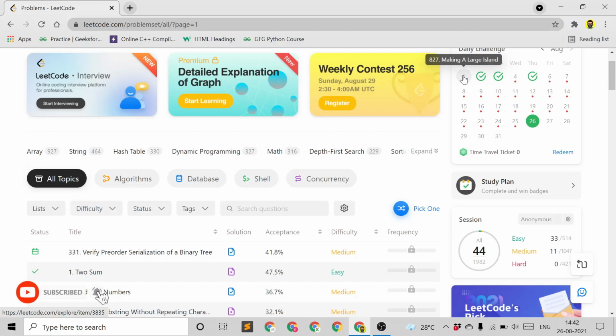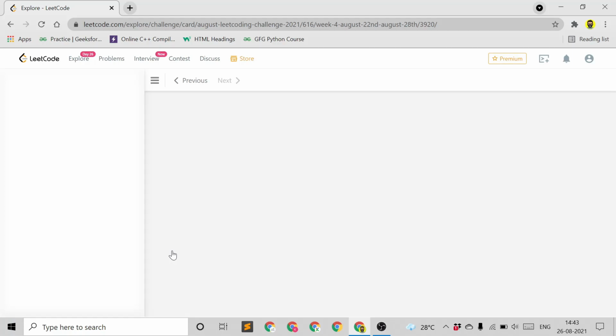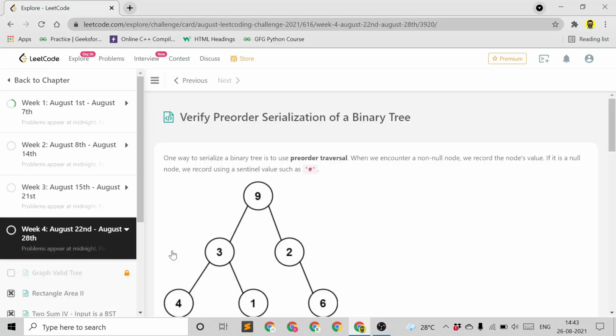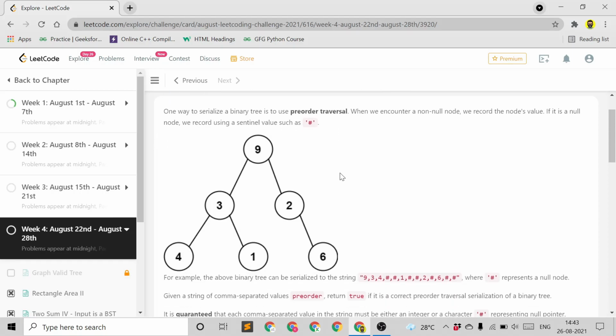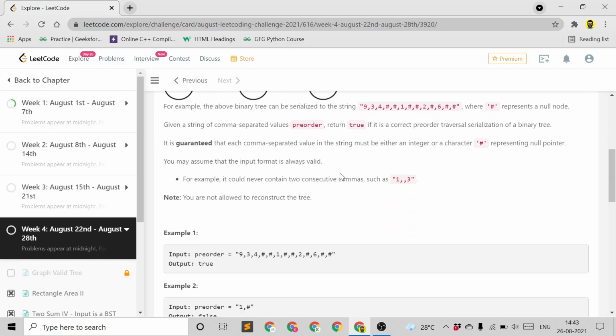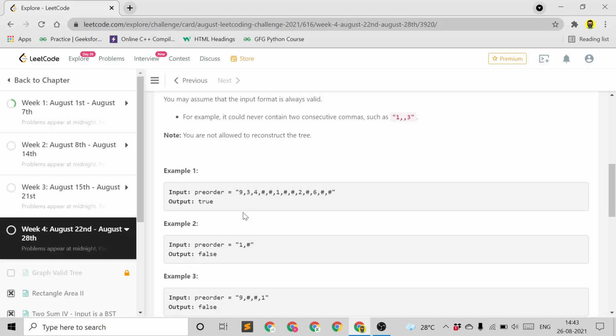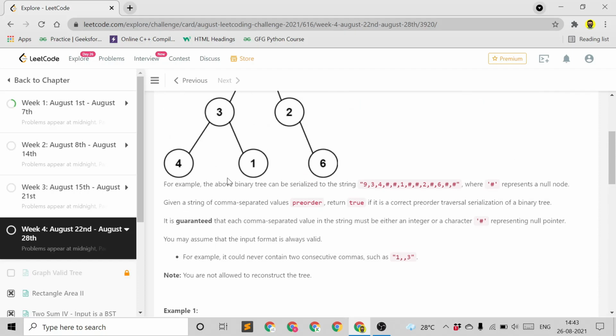Now I will show you how to fill in an answer to this question, meaning how to solve the questions. Now we have to click over here. It will take us to the question and the compiler, an online compiler. So this is the question. It is a binary tree question, and these are the example inputs. If this is the input, this should be the output. If this is the input, this should be the output, and this is the question.